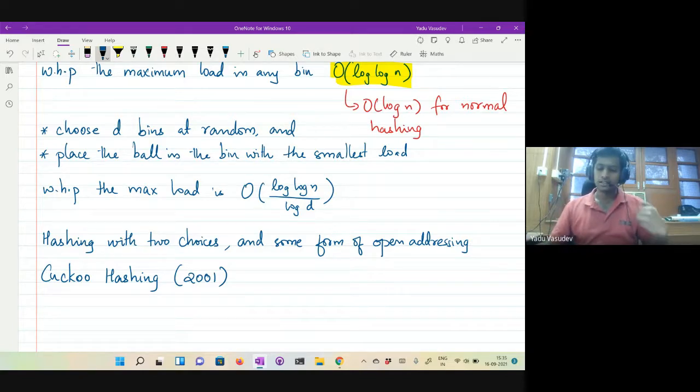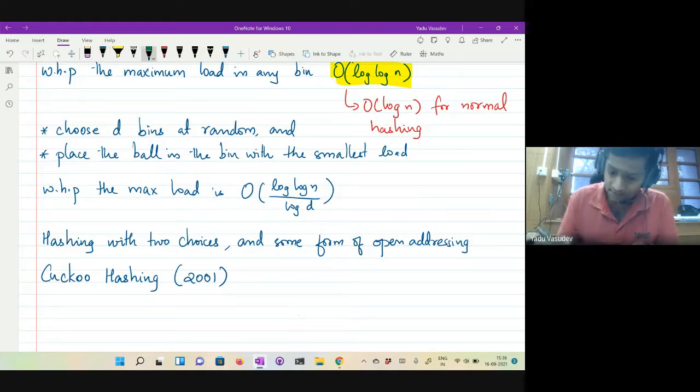So your searching is always going to be constant time, but your insertions can take more than constant time; your insertions can be slightly costly. Your search is always going to be constant in the worst case. What we'll see is that the technique is such that the insertion is also going to be constant in expectation, and searching is going to be constant in the worst case.